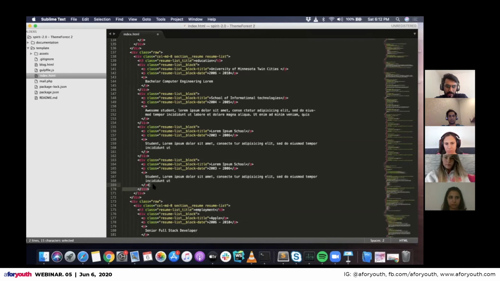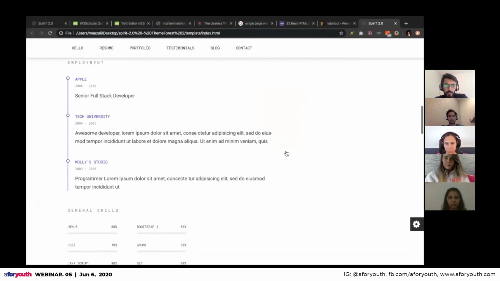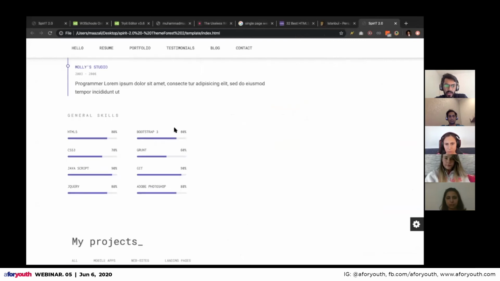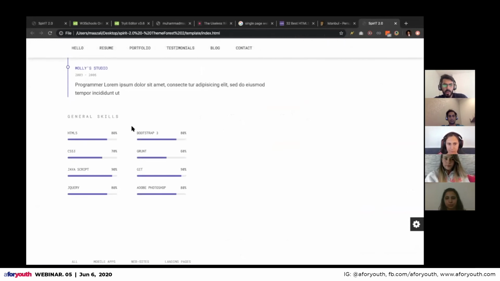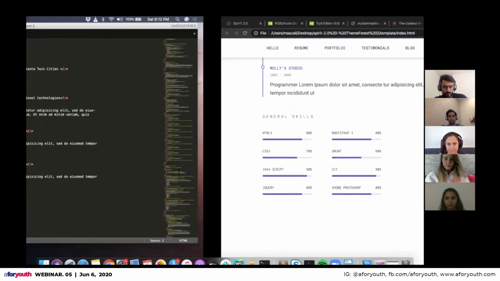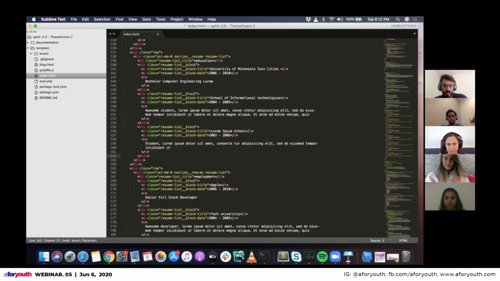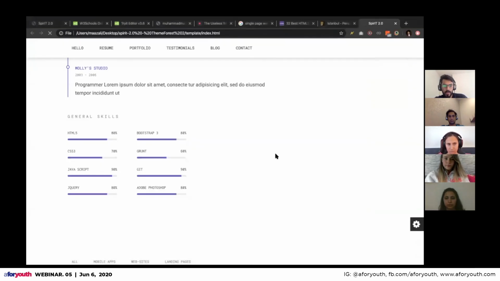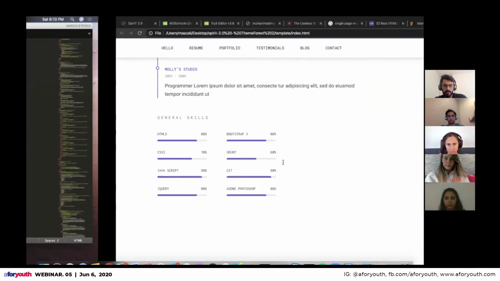If you mess up this thing, it's not going to break everything, but normally it does. You see here, this is messed up. So that's why you don't take any extra tag out of it.